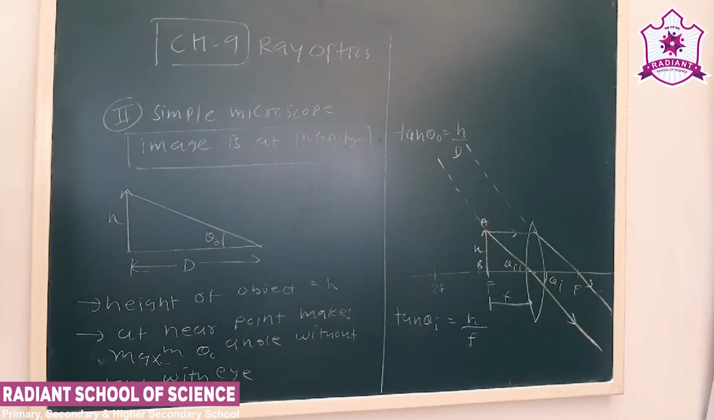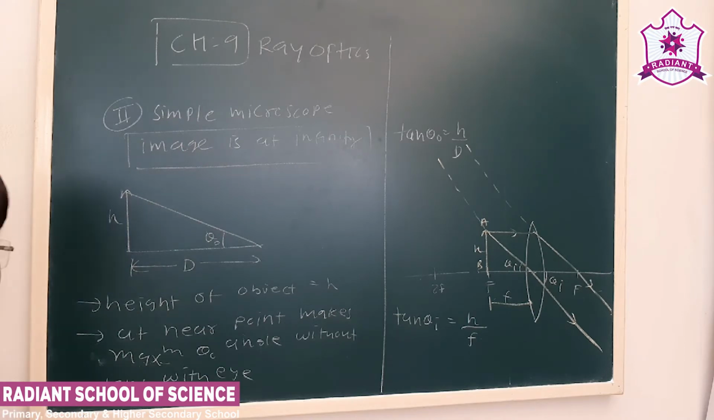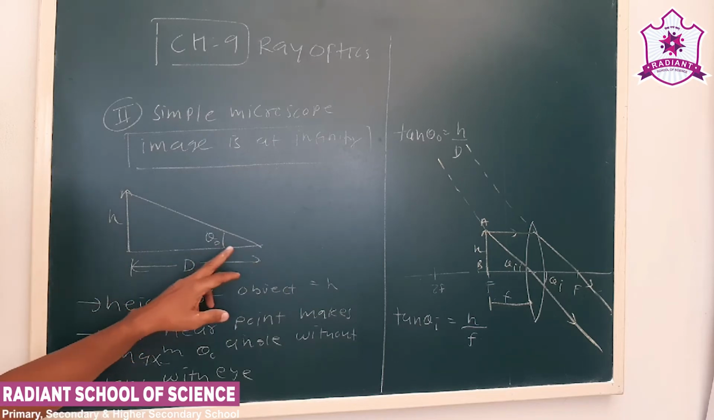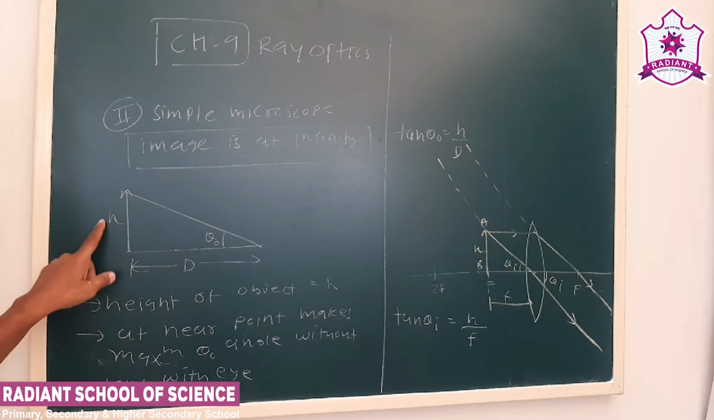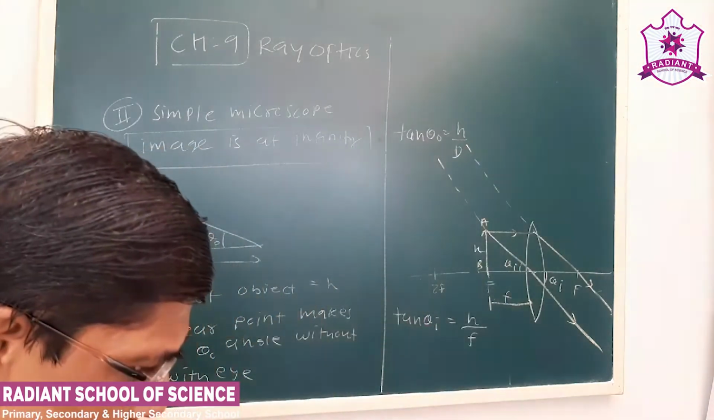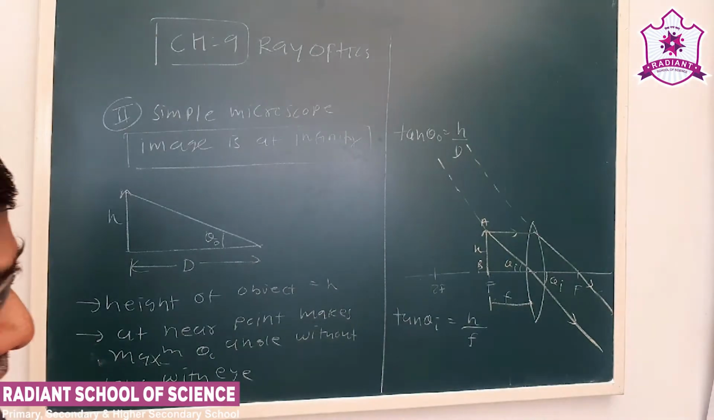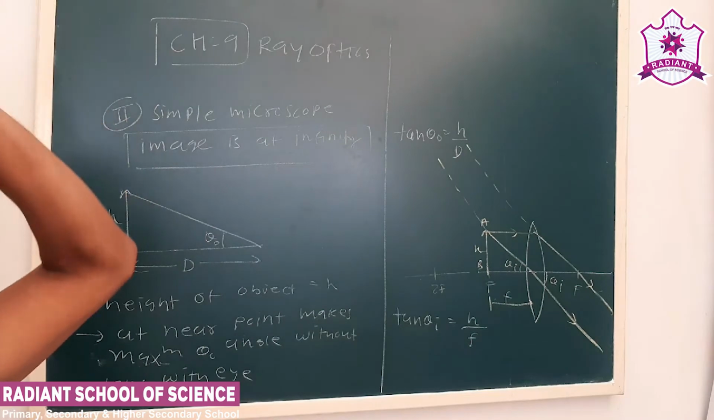Now see, next we have to see when in simple microscope the image is formed at infinity. Now see, when lens was not present, the image is formed at the near point. See, object height is h. At near point, let us say the angle formed is theta 0, so we can write tan theta 0 is h upon d. Now we also know that when the object is placed at f in front of a convex lens,